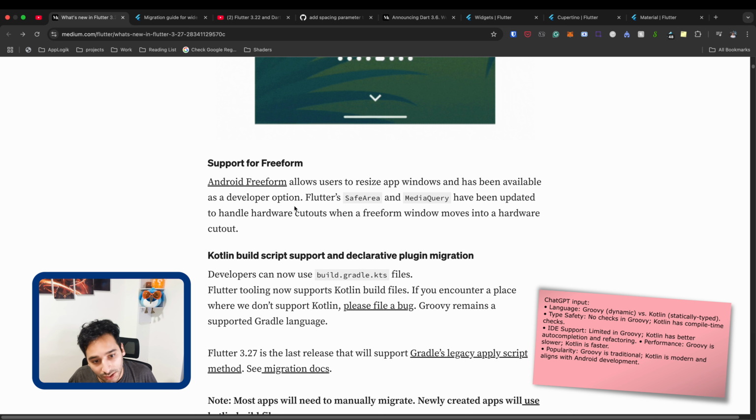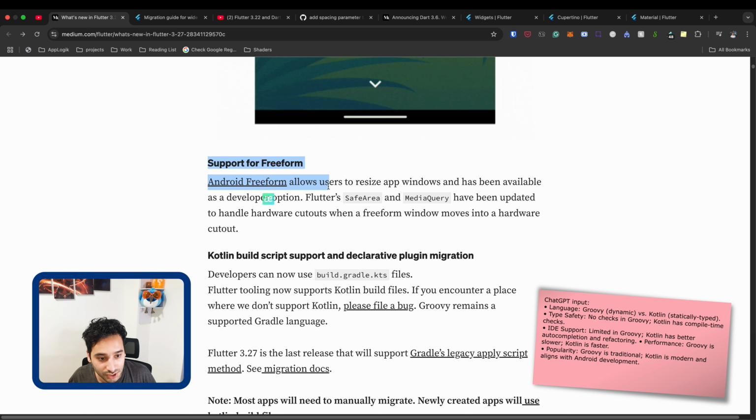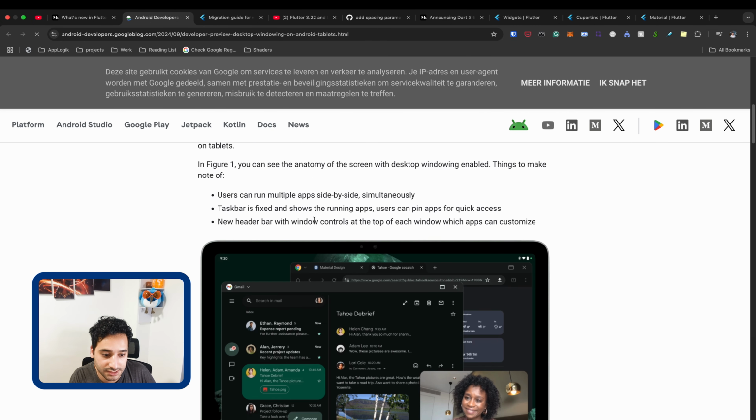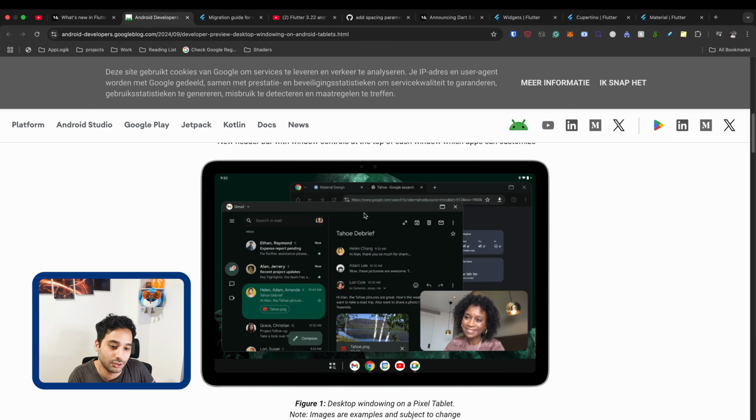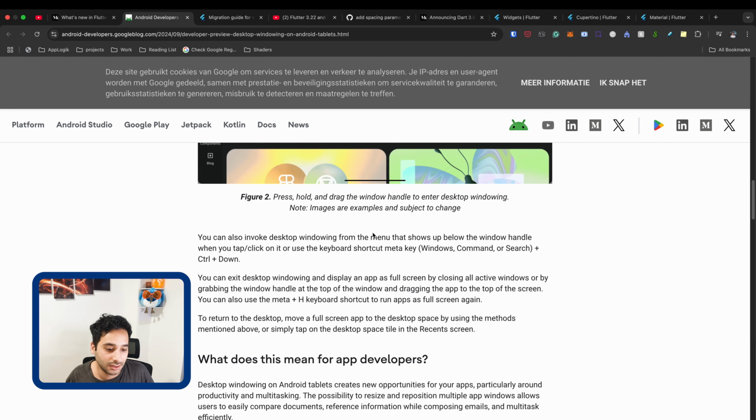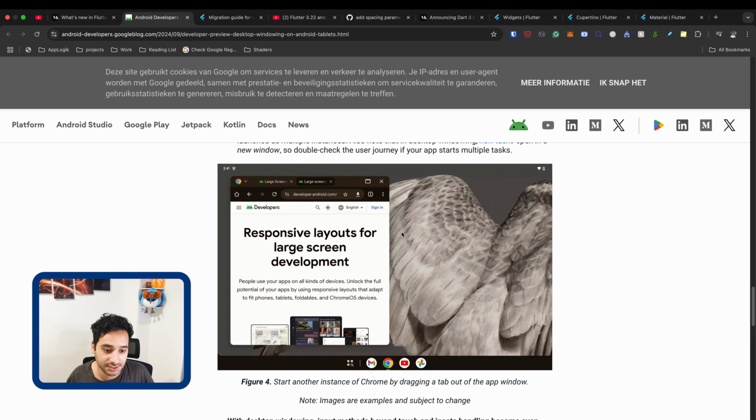And yeah, the next update is that Android now supports freeform windows. This is a new feature that is added to Android devices. For example, when you have a tablet, you can have different windows, just like the typical windows that we have in macOS or Linux or Windows. And you can have the same on your Android tablet. You can have different views. You can multitask at the same time, for example, watching a movie and writing your to-do list, or reading the article that you have. And yeah, so now Flutter supports this behavior.